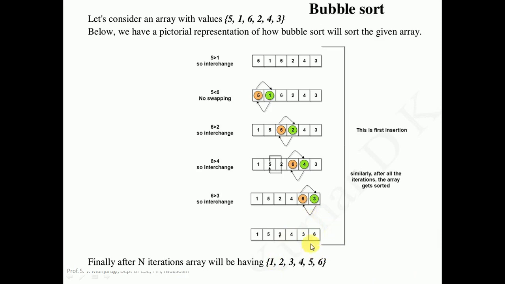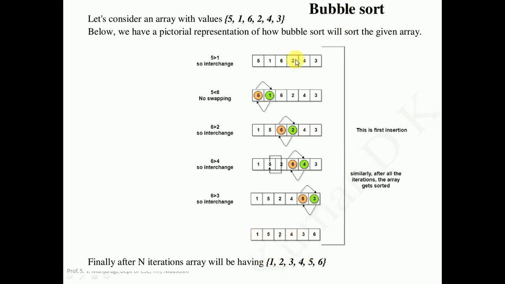It means the element 6 is put into the sorted list here. The reason the name is given as bubble sort is that in every iteration the largest element will be selected and put at the last position. It is something like a water bubble going in the upward direction. So the largest element will be picked from the array and put at the last position, like bubbles moving upward in the water. Hence the name bubble sort.